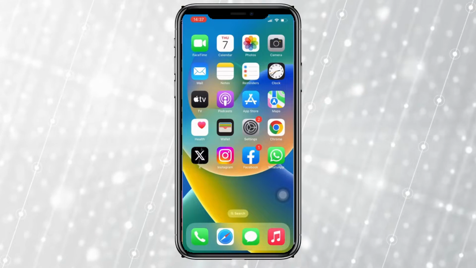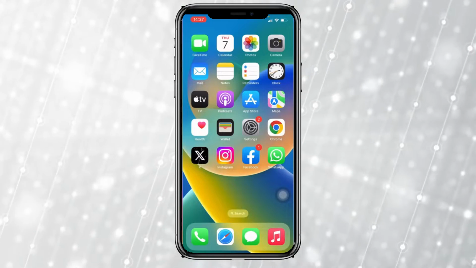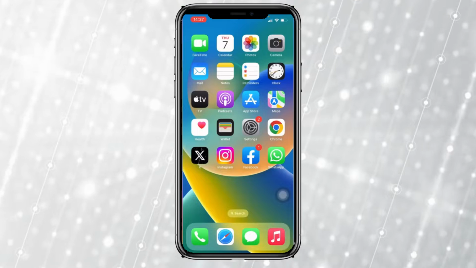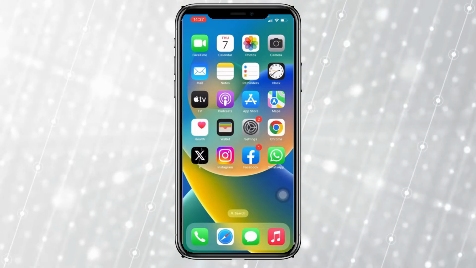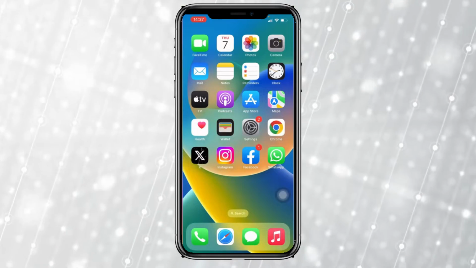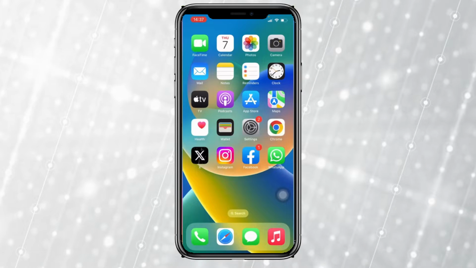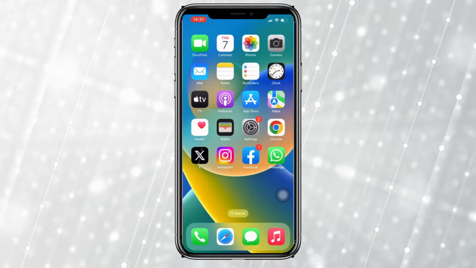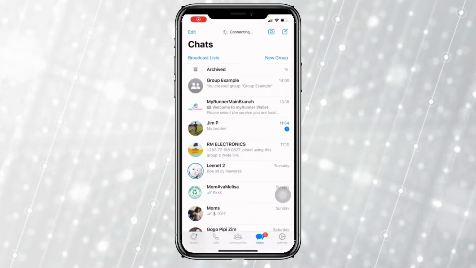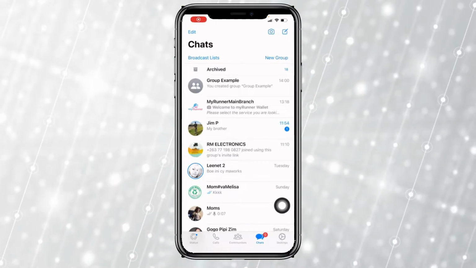In this video, I'm going to show you how to hide your online status on WhatsApp. So basically, you want to be on WhatsApp, but you don't want anybody to see if you're online when using WhatsApp. So to do that, you need to open your WhatsApp, and then down right here, you want to click